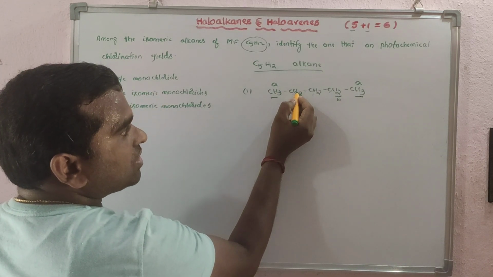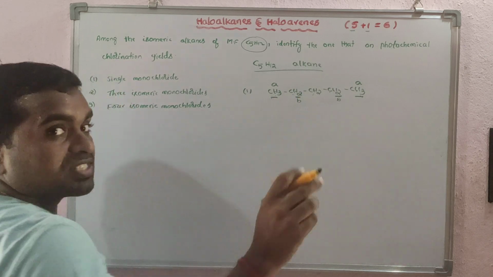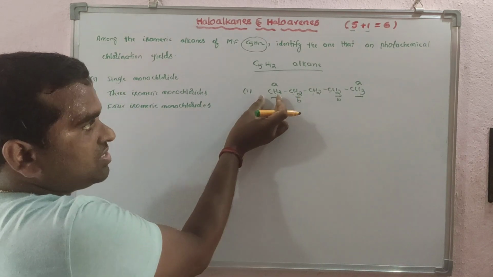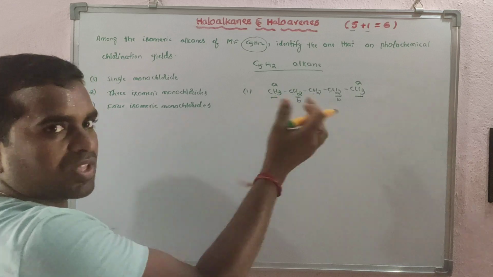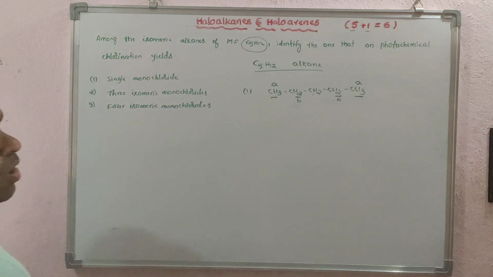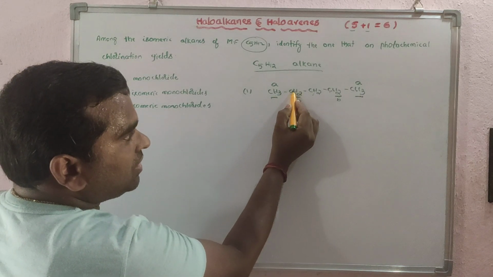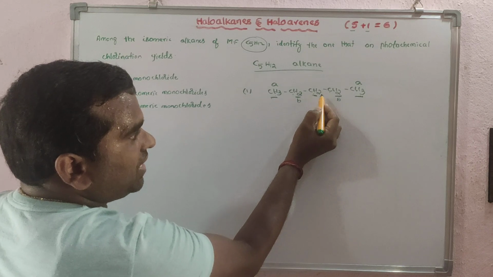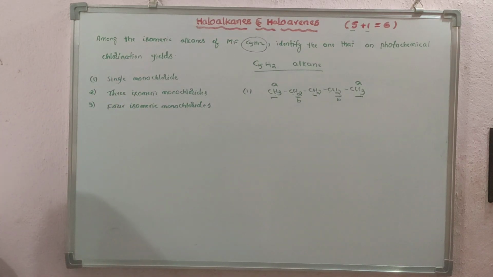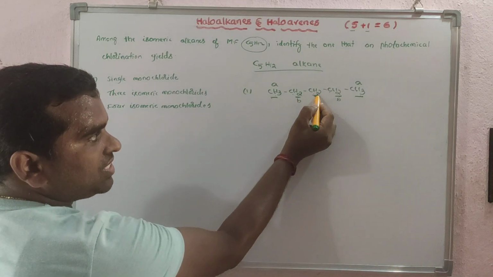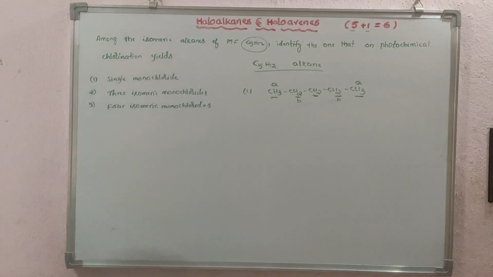And these three hydrogens and these two hydrogens are not same, because here it is CH3 and here CH2. So that's why different. Okay. Now, if I compare these two hydrogens with this CH2 group, are both same or different? B hydrogens compared with these two hydrogens, same or different?